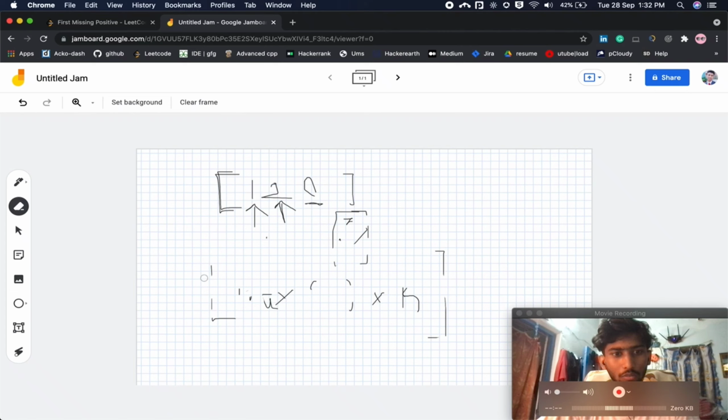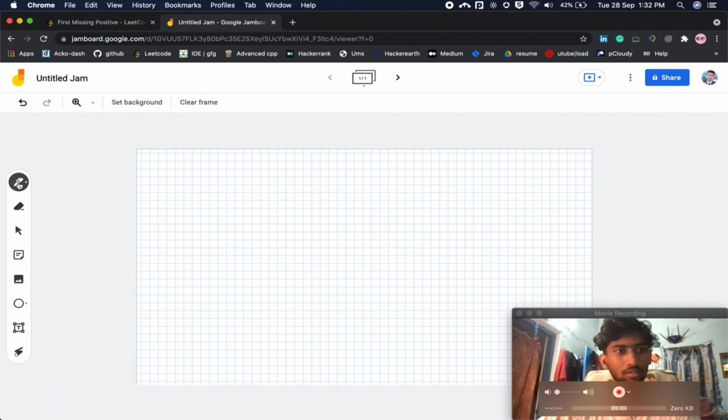We will go with the optimized solution now. So our given array is 1 2 and 0. The approach I am thinking of is that we can place every element at its right position.